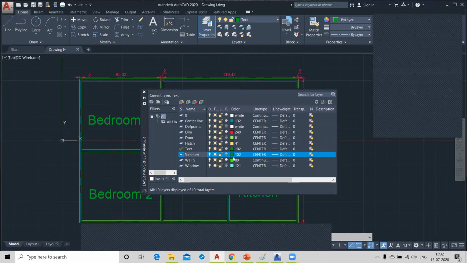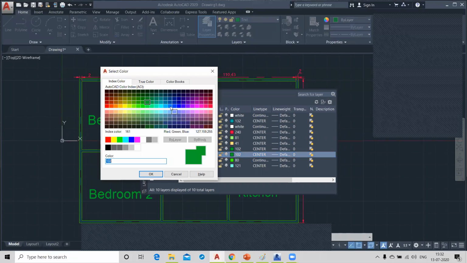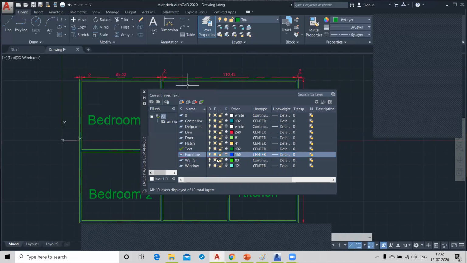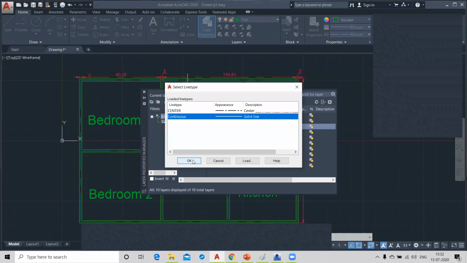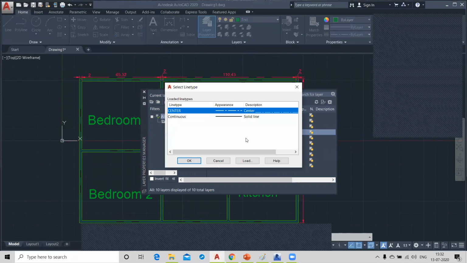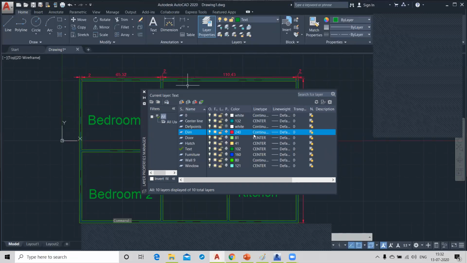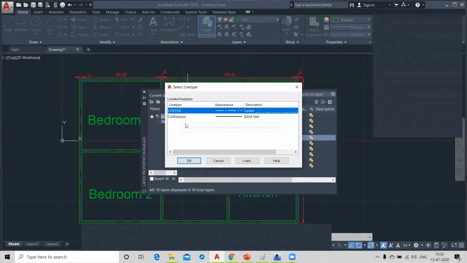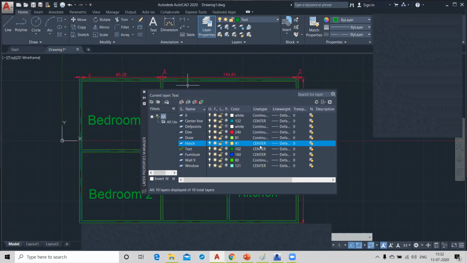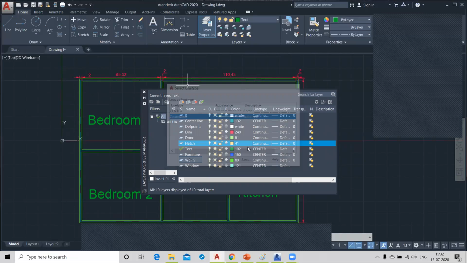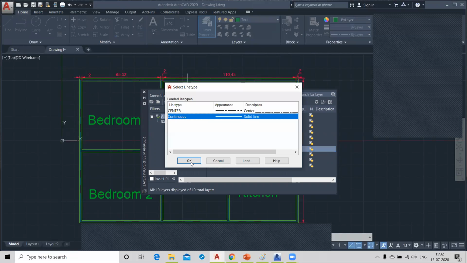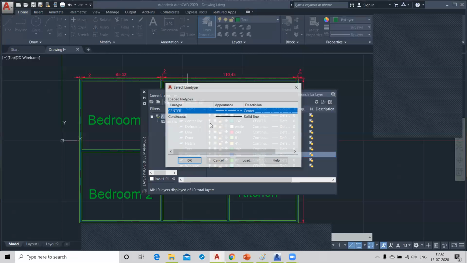And specify the color for the furniture line. Click on OK. And here see, these are all continuous, because all the lines are on the center line.